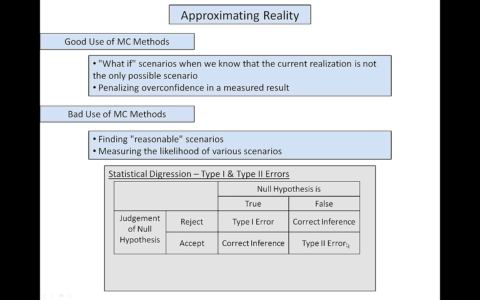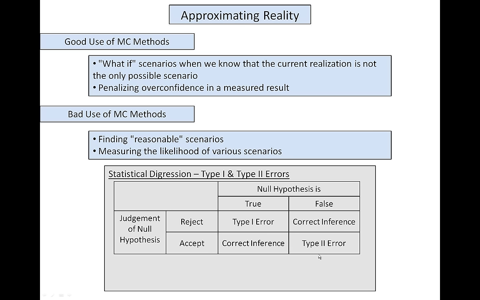A type 2 error is the converse of that. That is, when we accept knowledge that is in fact false. An example of this, though I'm sure some people out there will disagree with me, is witches, for instance, or leprechauns, or unicorns, or any of those other mythical creatures. That is, we're accepting knowledge which is false. I'm sure I'll be upsetting some of you, but these creatures do not exist, or at least I've yet to see convincing evidence that they exist. And this is a judgment. This occurs when we're accepting something as being true, when in fact it doesn't exist in the real world.